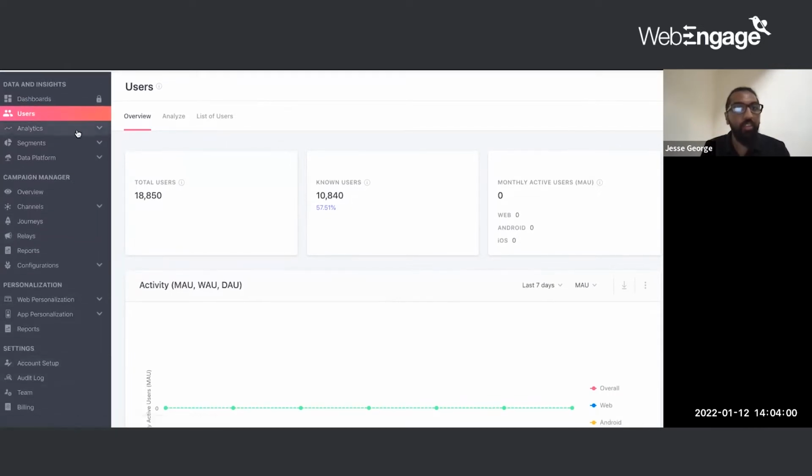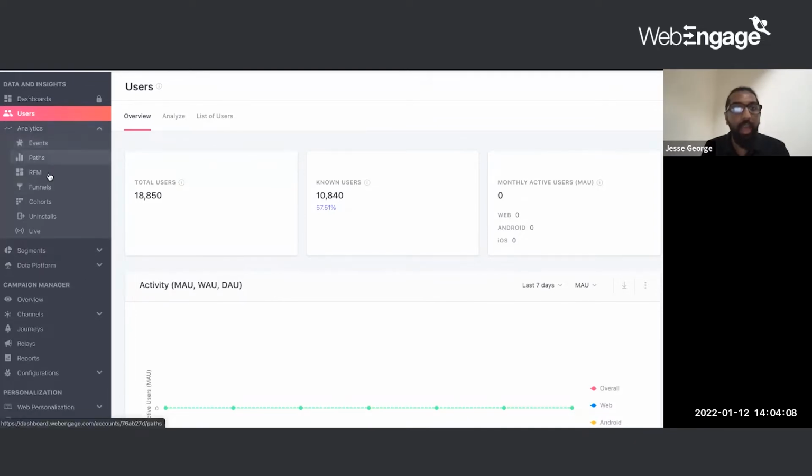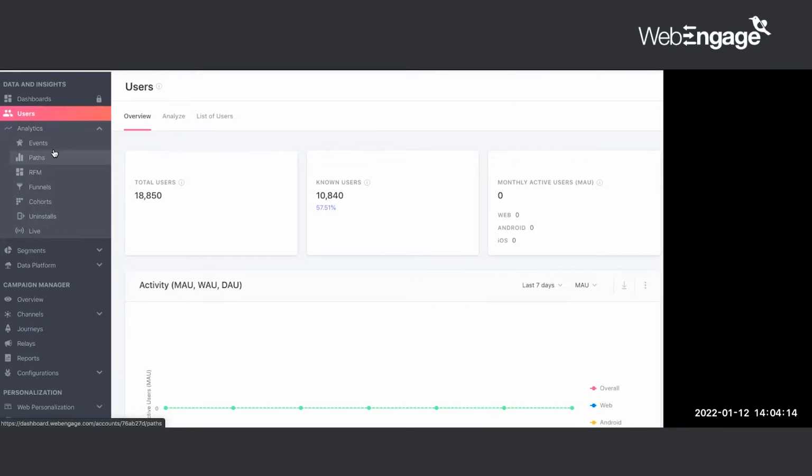In today's session, we will majorly be completing the journeys part that was left from our last session, and also look at each and every feature under analytics. This will basically give you an idea on how to slice and dice data and how to use